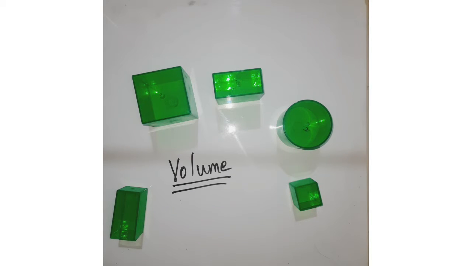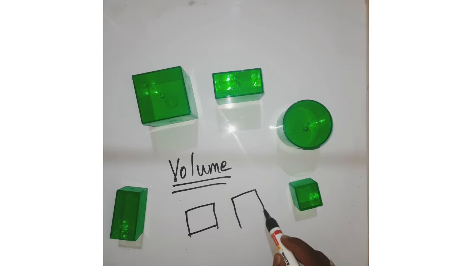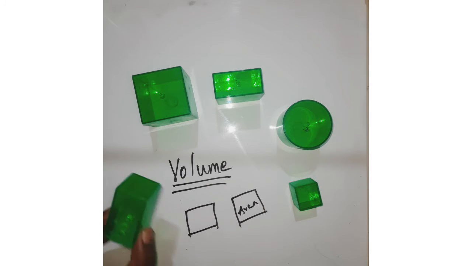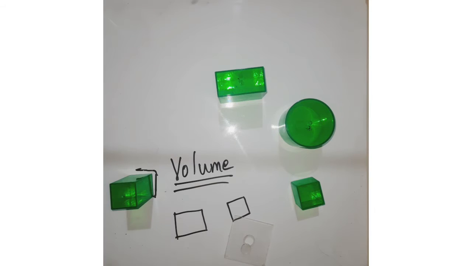See, if you talk about two-dimensional shapes like a rectangle or a square, what happens? It has just two dimensions, length and breadth, and the space occupied by this two-dimensional shape is known as area, right? Whereas when I talk about a three-dimensional shape, when I keep this object here, how much space is it occupying? Can you say that is the volume of a three-dimensional shape?